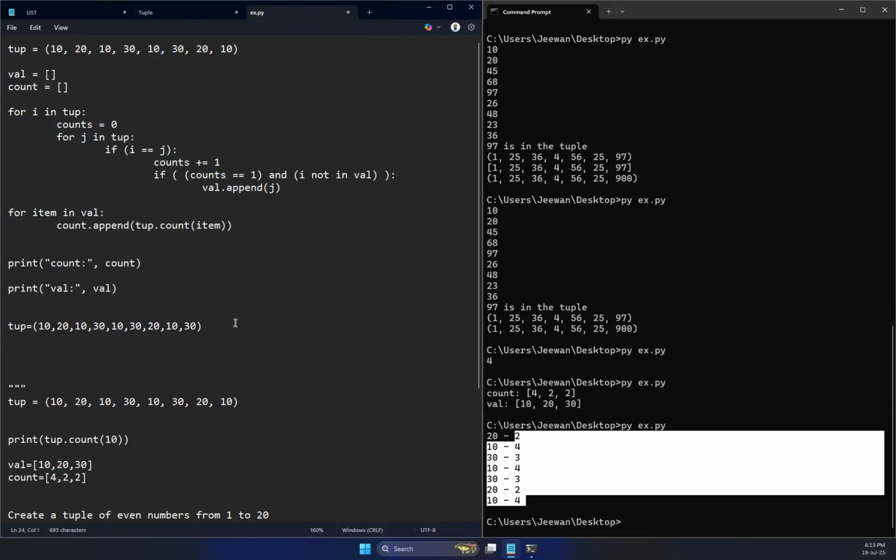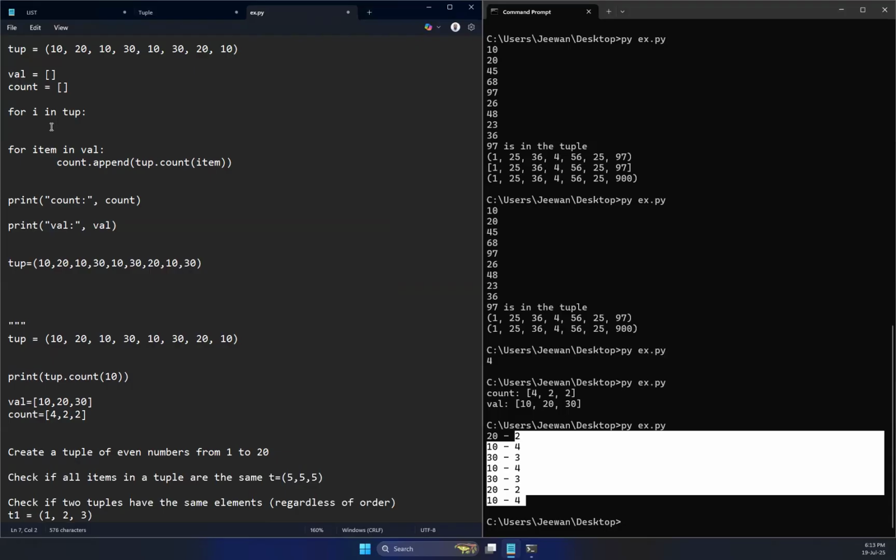Okay, you have created the value and the count list, right? Okay, I've done for tuples. Right now, you're going to iterate through a tuple, right? And then you have declared a variable called count equals 0 and for j in tuple. Right now, do we need to go this much? Right now, we'll do something like this. We'll check